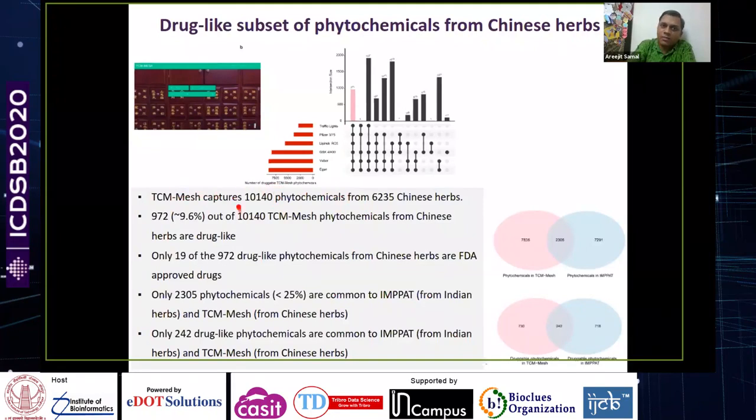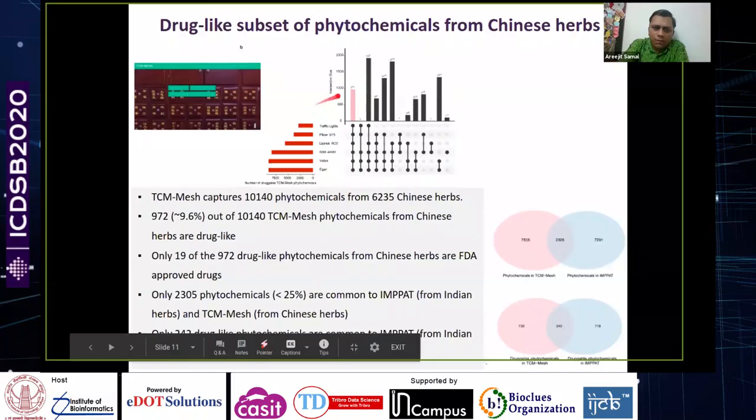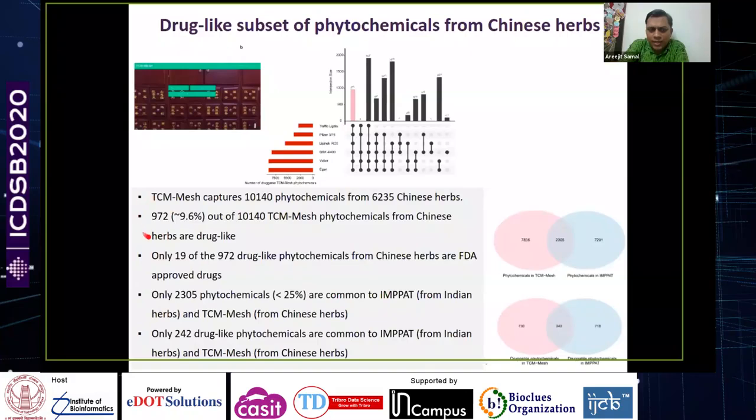Luckily, they had given some mapping of the chemicals to identifiers. So it again had roughly 10,000 plus phytochemicals covering more than 6,000 Chinese herbs. They had not evaluated the drug-like subspace. So we did the analysis again using the same filters, wisdom of crowds, and we found that again slightly less than 10% of the phytochemicals passed all the drug-like filters. So of the 972 in this database which passed all the drug-like filters, we found that only 19 were